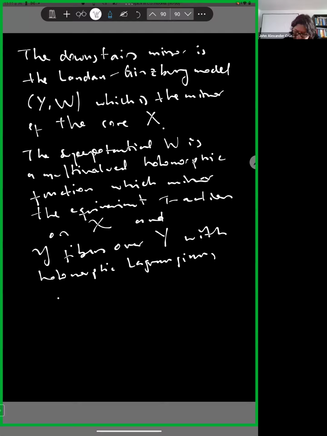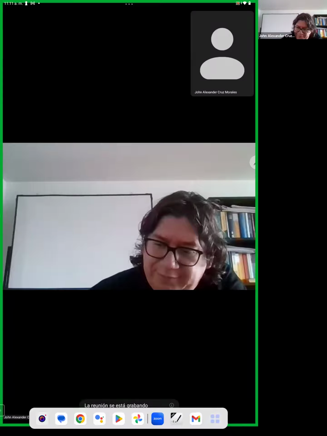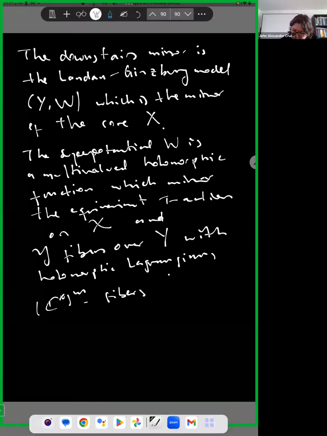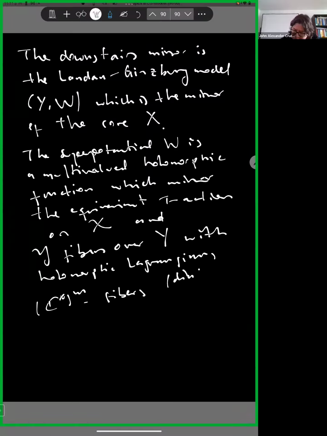Holomorphic Lagrangians, C star M fibers. So this M is because the dimension of X is equal to 2M, right? So this M is half of the dimension. This is really interesting because somehow here we have